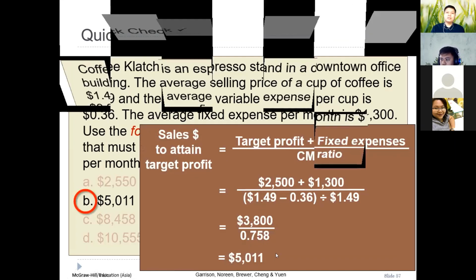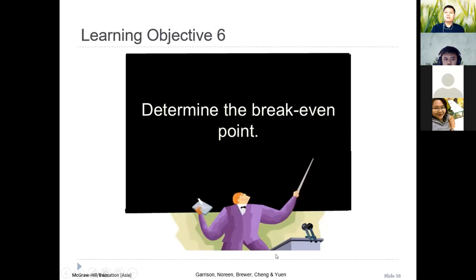So, I hope this is clear. So, let's stop there. Mas madali na to. In fact, we have computed already for the break-even point kanina. So guys,